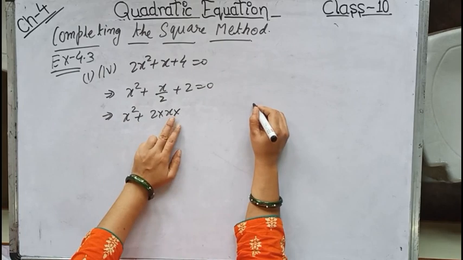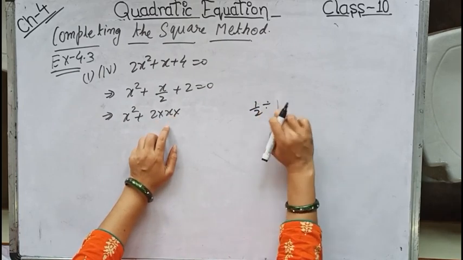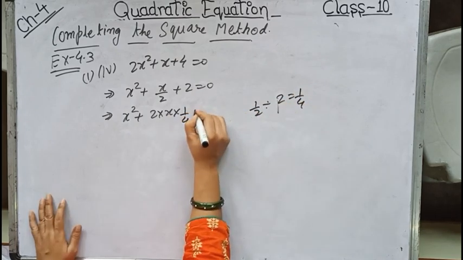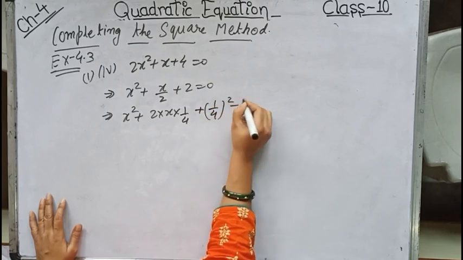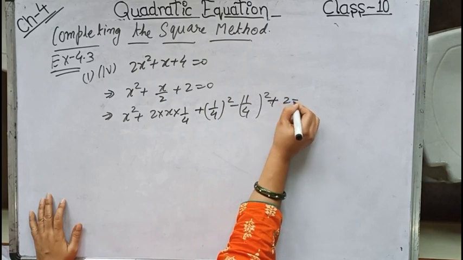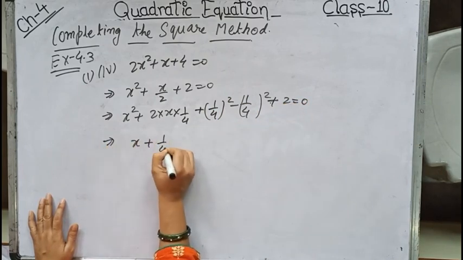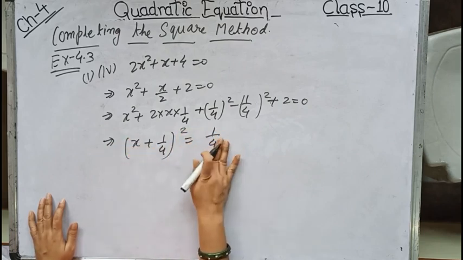As I explained over here, 1/2 divided by 2, so it will be equal to 1/4. So into 1/4. So plus (1/4) whole square minus (1/4) whole square plus 2 equals 0. This implies (x + 1/4) whole square equals 1/16